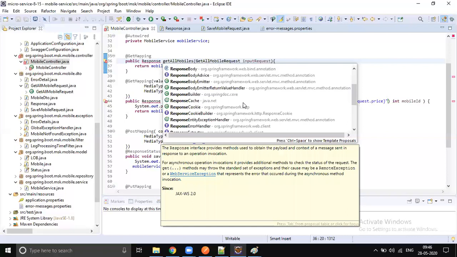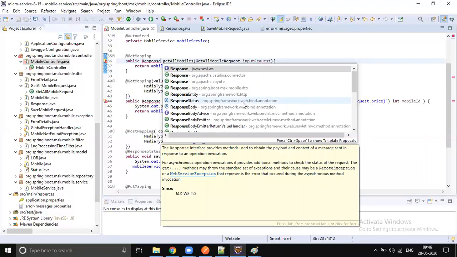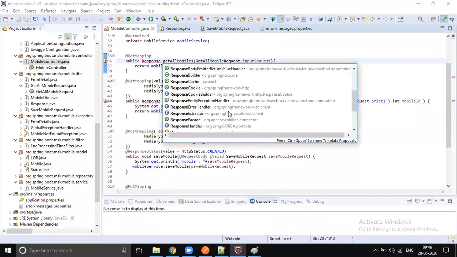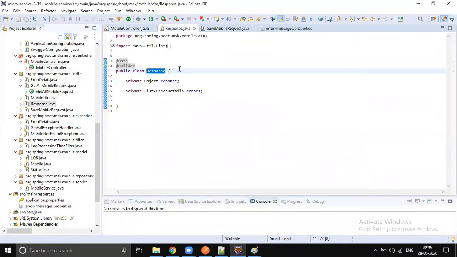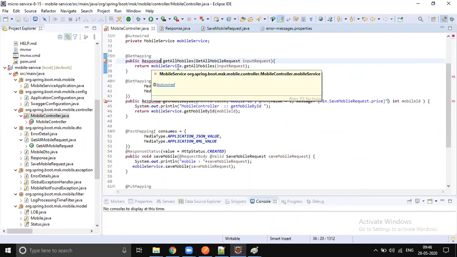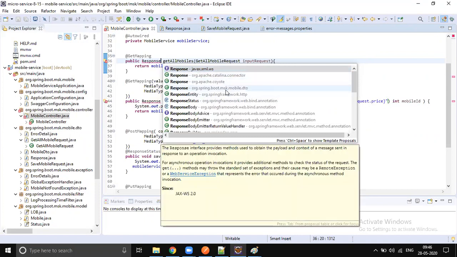No, it's there, Sunil. Go up. DTO is there, right? No, all these start with ORG. Ours should start with com. No, ours is also starting with ORG only. Oh, good. Okay, fine. ORG Spring Boot MSK.